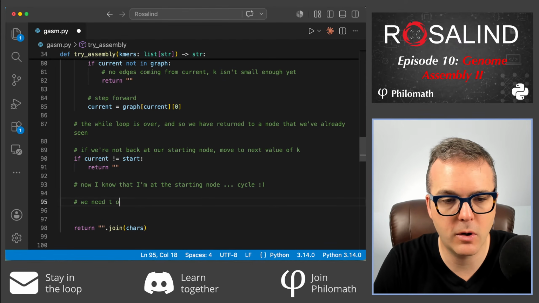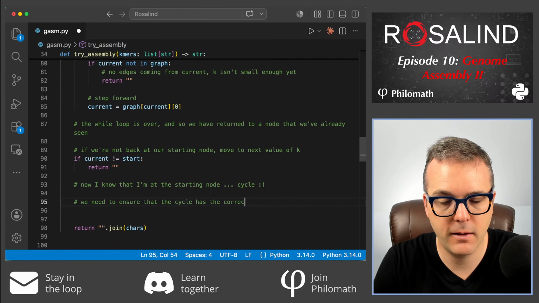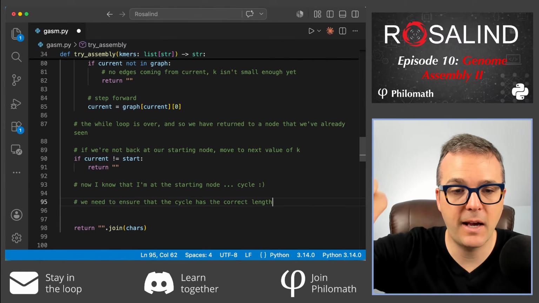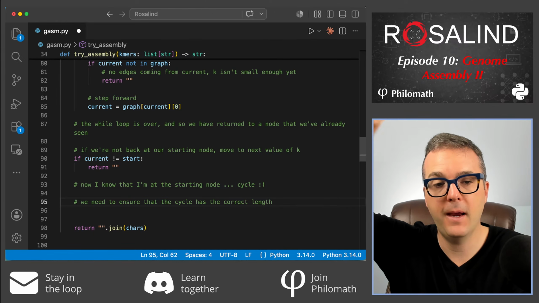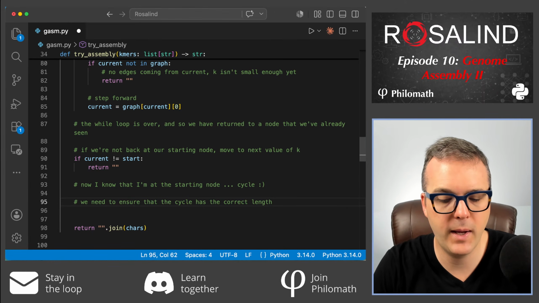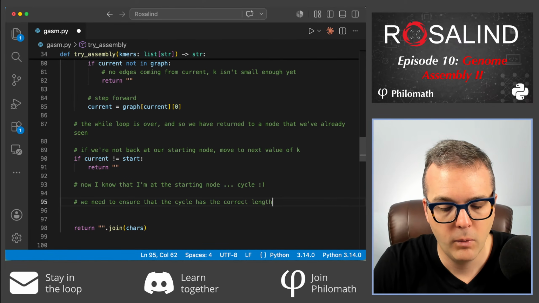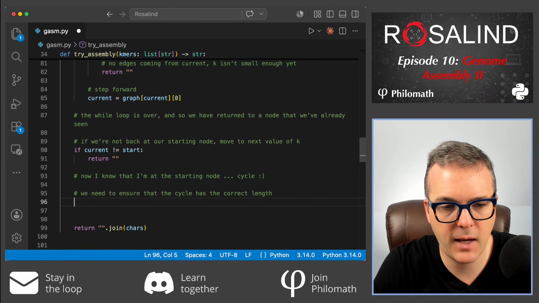We need to ensure that the cycle has the correct length. So I have a cycle every time I encounter a node for the first time. And then at the end of this process, I know I'm back at the start, but I need to make sure that the number of edges along the way is right. There's a lot of ways to check this, but I'm just going to say